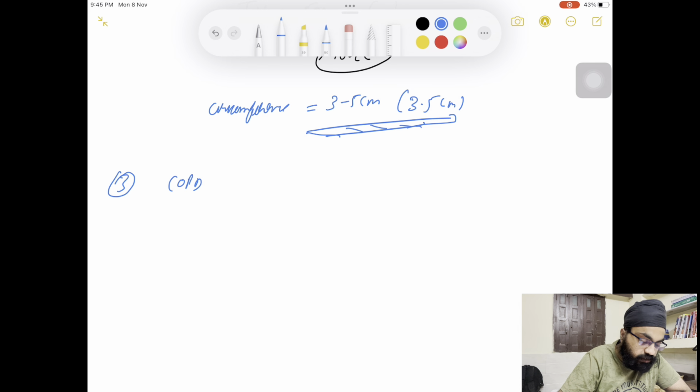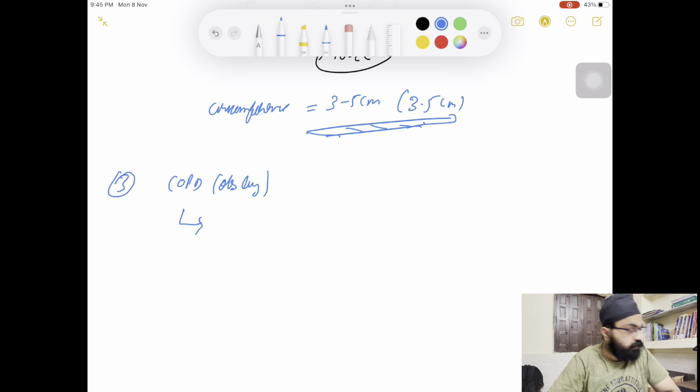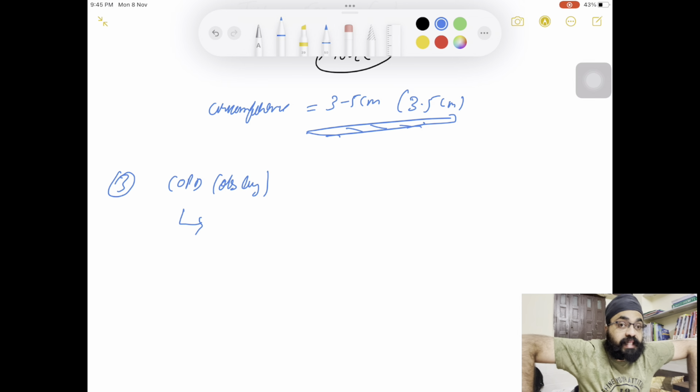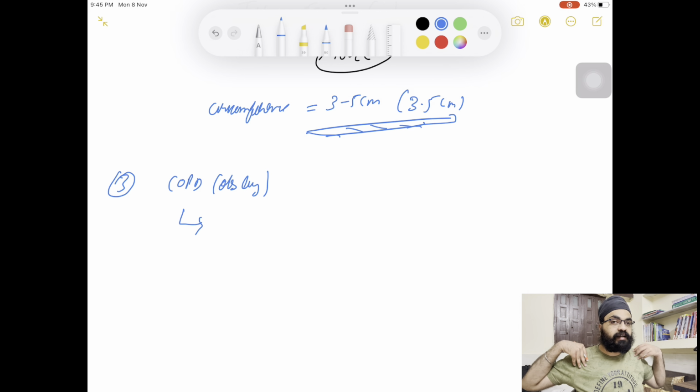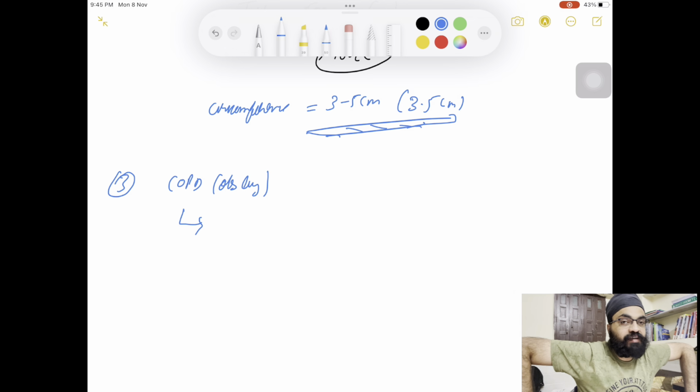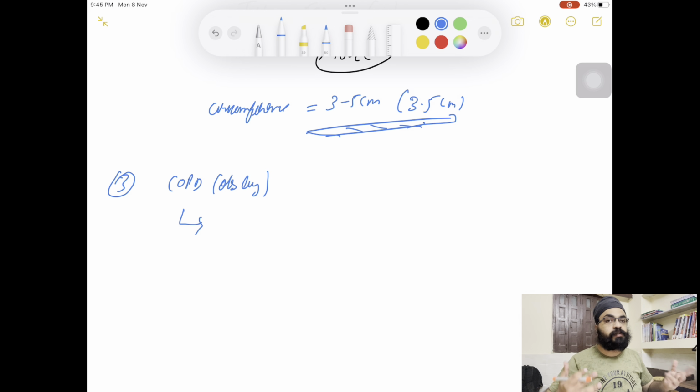Coming on to the third clinical, that is about COPD or the obstructive lung diseases. Again, I told you that patients with COPD have a problem with expiration. They need extra muscles for expiration. When the person is having an asthmatic attack, they sit like this. They sit because the diaphragm is at the lowest position while sitting. With the help of their limbs, they are raising the shoulders and fixing the scapulas. That will help in the forced expiration.